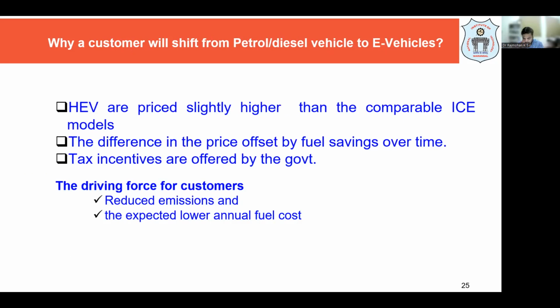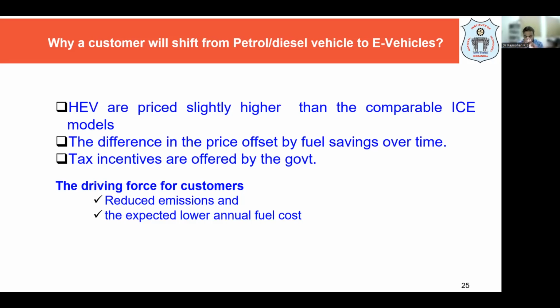And now we'll look into this. We have seen why a customer will move, because as I told you, all drivers are owners. We are all well used to petrol vehicles or diesel vehicles. Even repairs we are able to diagnose easily. Mechanics are there, even if you are not going to standard showrooms, even a roadside mechanic will open your car or your bike and repair it and give it to you. But with all these e-vehicles, they need to be trained, right? Skill development is required in that case.